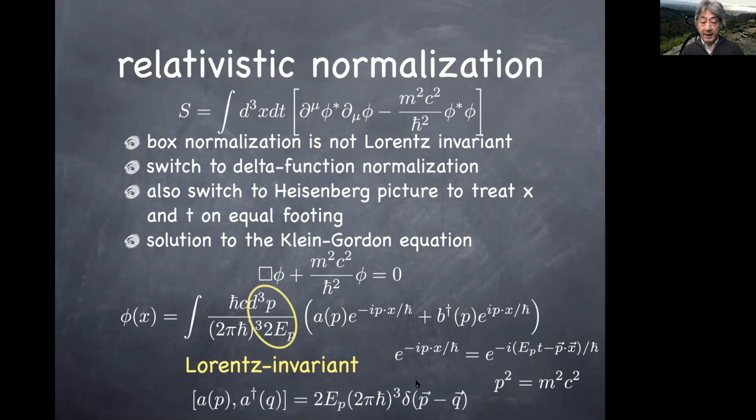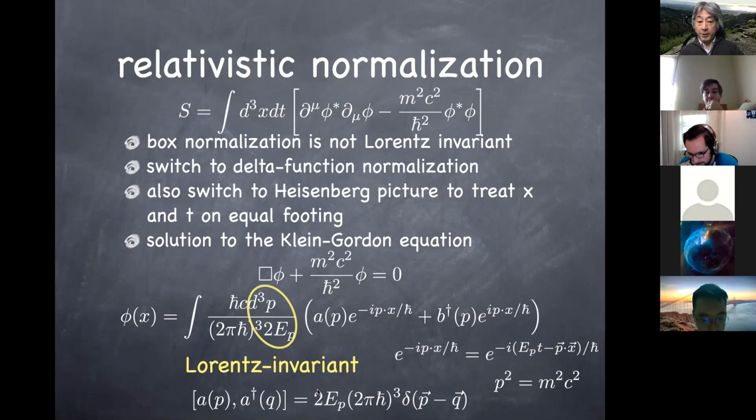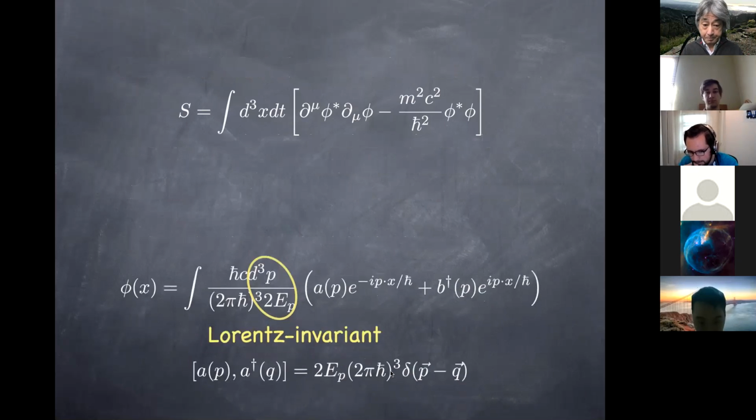They now satisfy a slightly different normalization, with this factor of 2E_p times the delta function. The factor of 2E_p here ensures that if you boost your reference frame, the volume of the space gets Lorentz contracted, but the energy of the particle is enhanced by going to the boosted frame. As a result, this combination turns out to be Lorentz invariant. So this is the way we decided to normalize the creation and annihilation operators. That's the normalization you're using in the homework problem right now, and this is where it's coming from. I hope that point is clear.